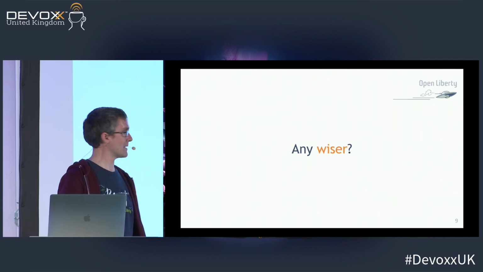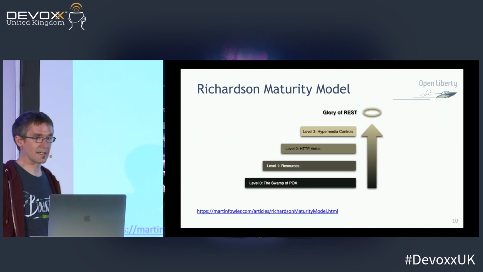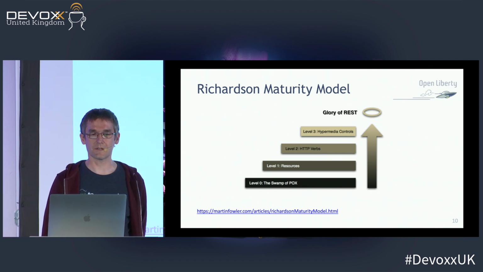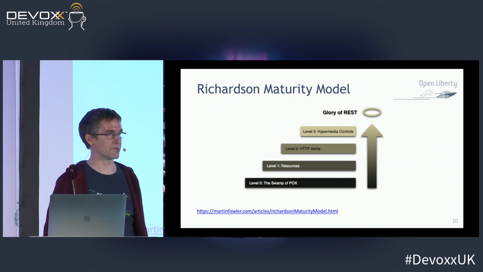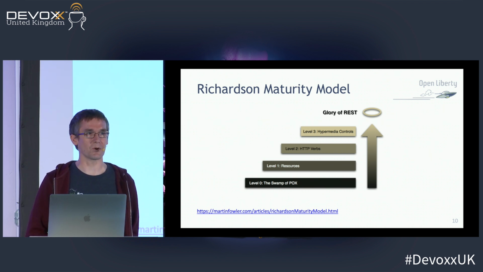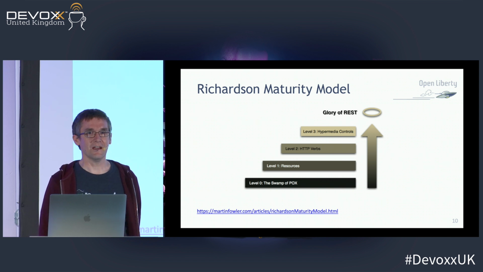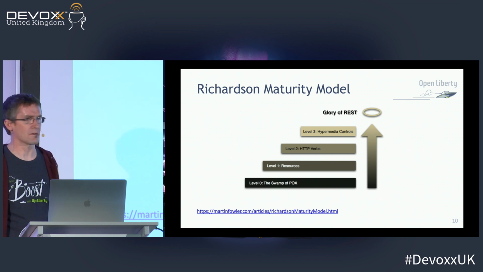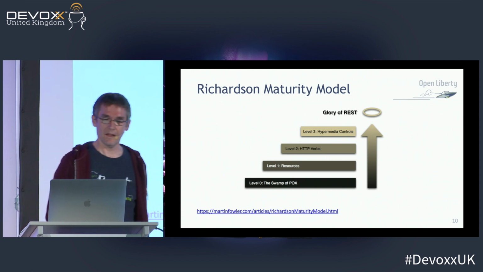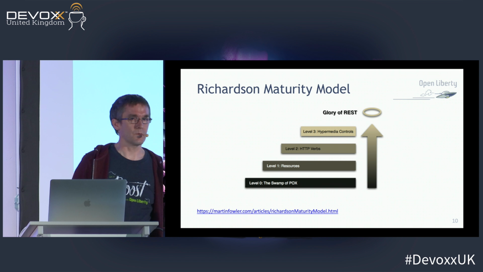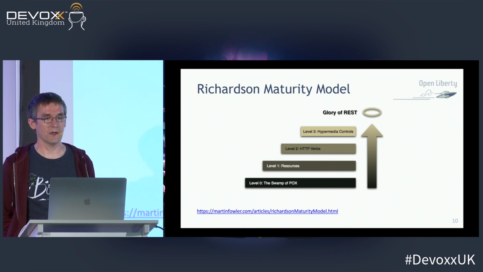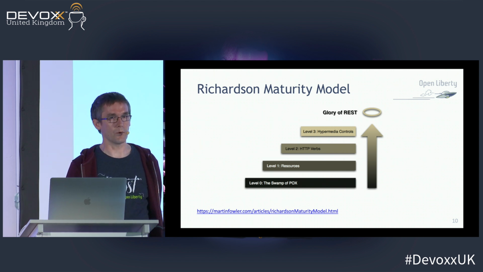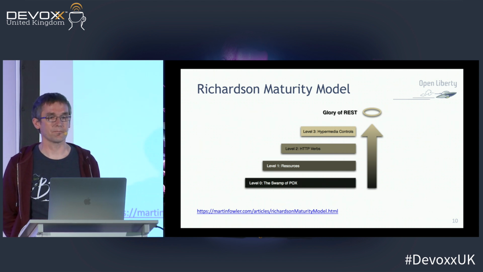So that's okay. We're a little bit wiser maybe. I carried on digging, and then I came across a really nice blog article by Martin Fowler which talked about something called the Richardson maturity model. Who's come across the Richardson maturity model? Yeah, a few of you. It's not new. It's maybe about 8 years old, might even be longer if I'm misremembering the dates. This was written as part of a book, and it's trying to define a maturity model for doing REST services.